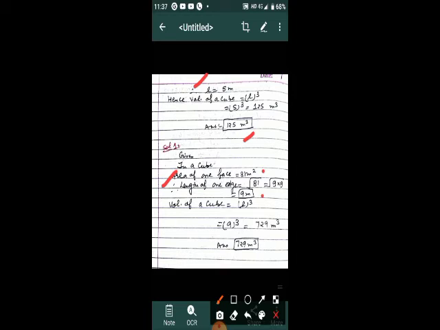9 into 9 is 9 meter. And when we know one side or one edge of a cube is 9 meter, then the volume of a cube becomes 9 into 9 into 9, 729 meter cube. So it is the topic based on the cube. You will complete this exercise in the notebook.